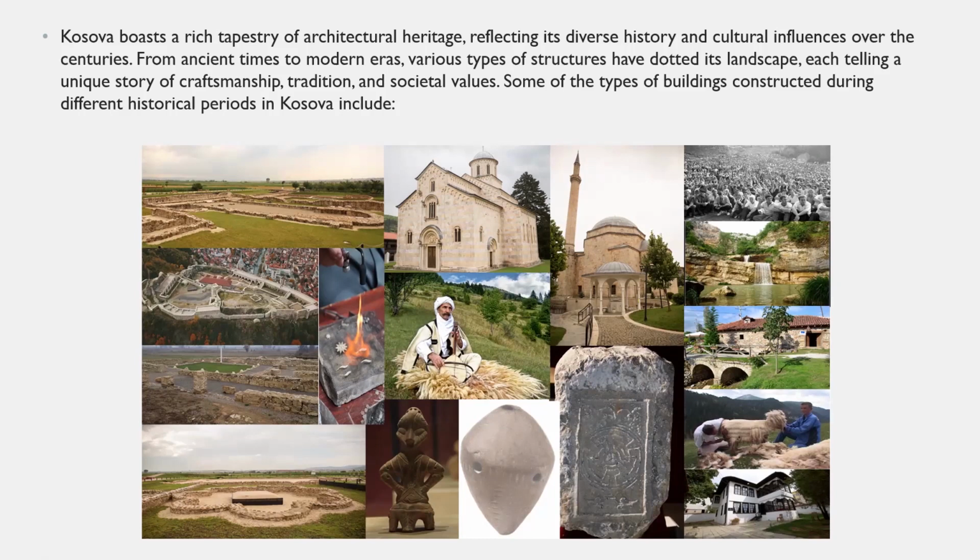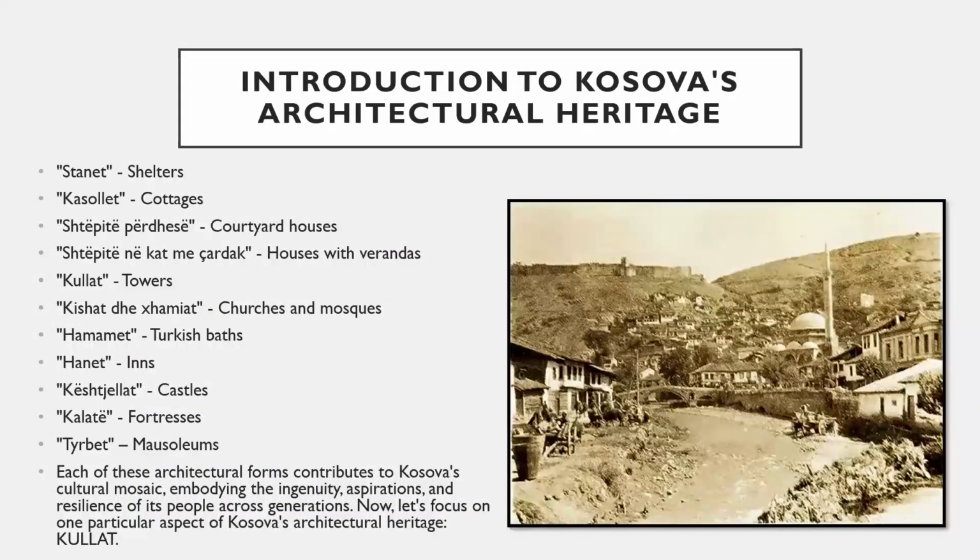First of all, Kosova boasts a rich tapestry of architectural heritage, reflecting its diverse history and cultural influences over the centuries. From ancient times to modern eras, various types of structures have dotted its landscape, each telling a unique story of craftsmanship, tradition, and social values. Some of the types of the buildings constructed during different historical periods in Kosova include